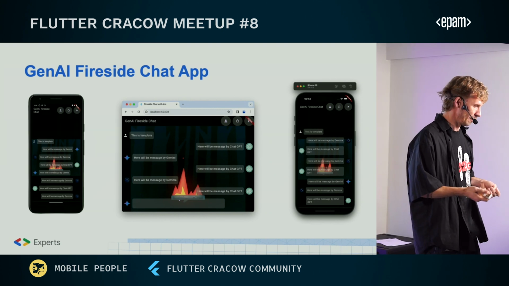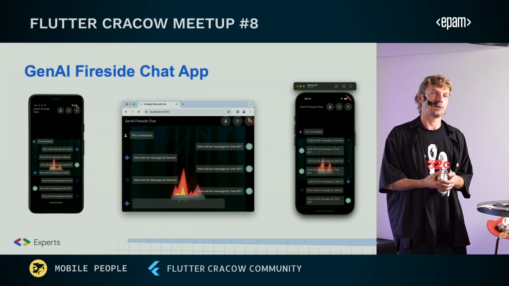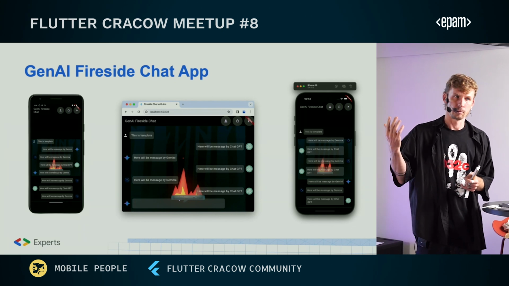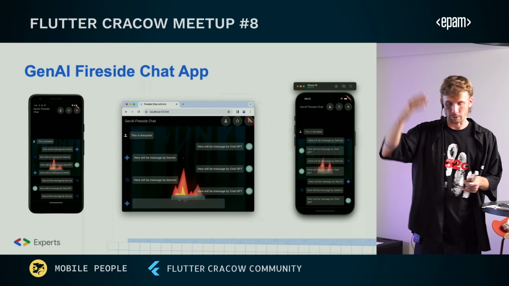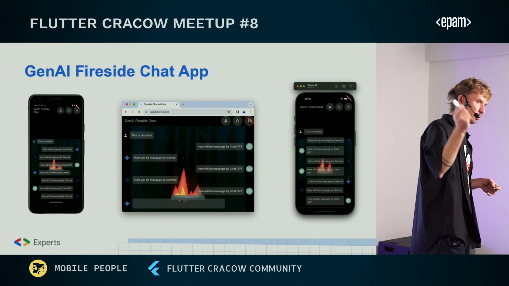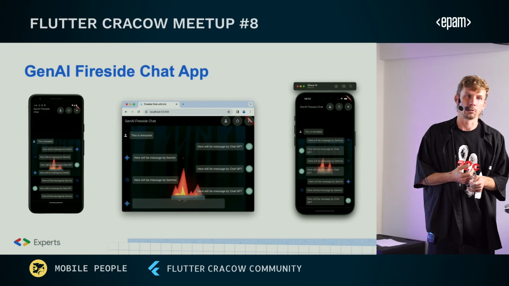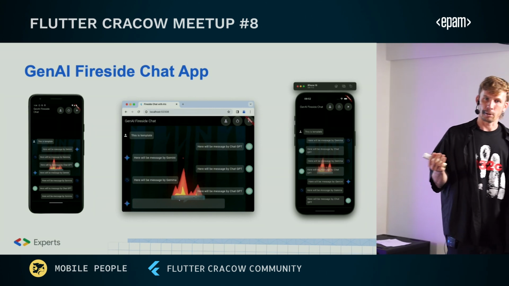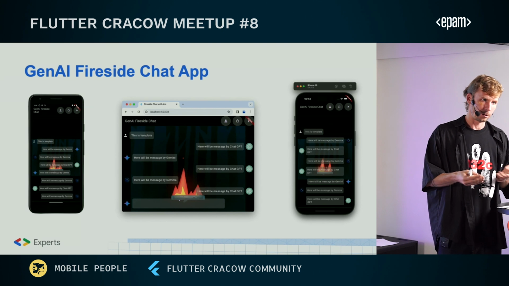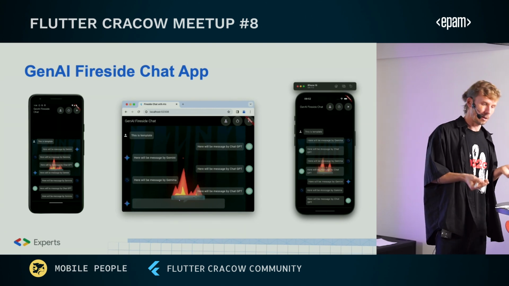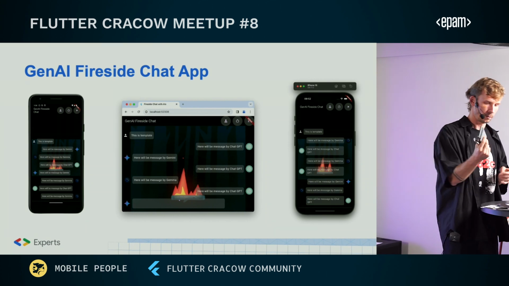And without any privacy concern. For example, if you are working for yourself or for your customer, we can't use something like Gemini because I don't want to upload my data to Google. So in case you have your model on your device, you don't need to upload your data anywhere. Everything is just here.